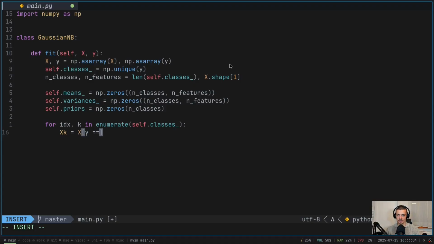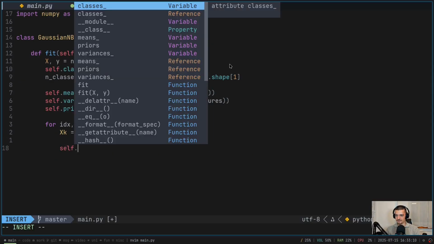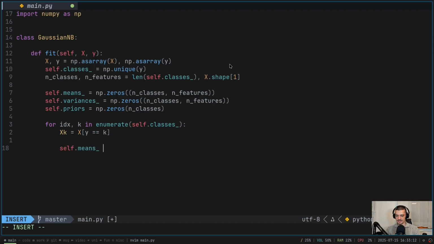So where y is equal to k. And now, very simple, I'm just going to say self.means_ at this position, index, is going to be equal to the mean using axis 0 of this particular set of data. And I'm going to do the same thing here for the variances